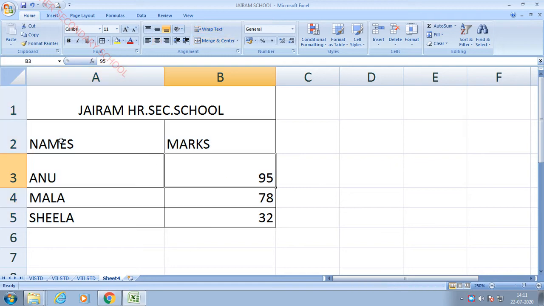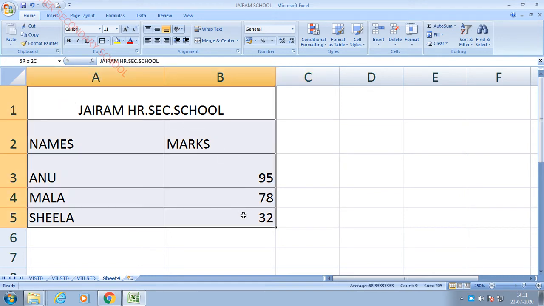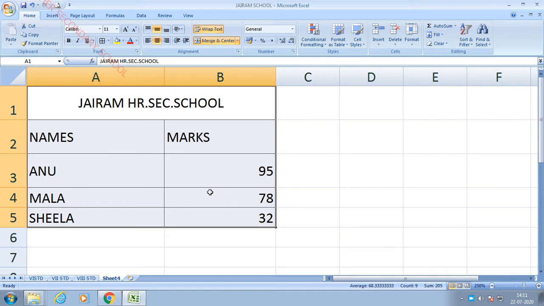Next, this alignment is not proper, isn't it? Because some data is in right alignment, some data is in left alignment, so it is not a proper alignment. How will you make it proper? You have to select the entire data, then choose. Here we have a middle align option, top align option, then bottom align option. In case you don't know the name of the icon, no problem, just place the cursor on the icon and it shows the name. That's why I'm going very slowly. Okay, so select the data fully, then give the middle align option. It will come like this. All the data will come to the middle position.